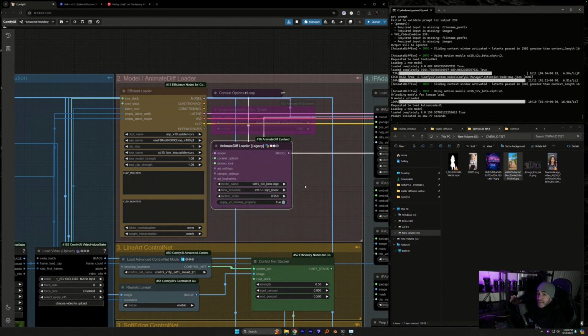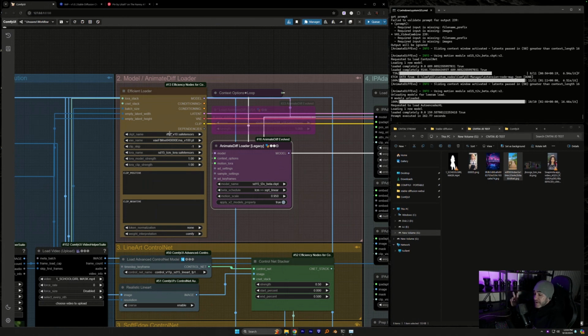Something I've started doing in the past month or so is just scaling down the motion scale a little from 1 to 0.95. And I've messed around with this a lot, and I have found that using the motion scale of 0.95 doesn't sound like a lot, but it goes a long way in mellowing out some of the shifting and the movement. So boom, we have our model.